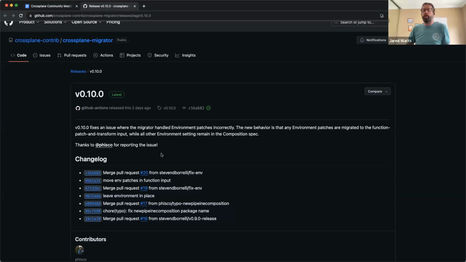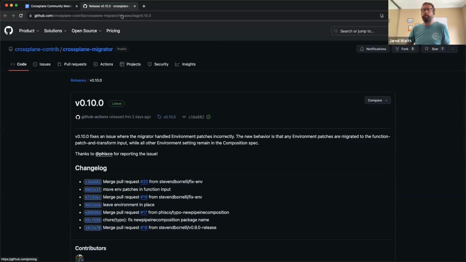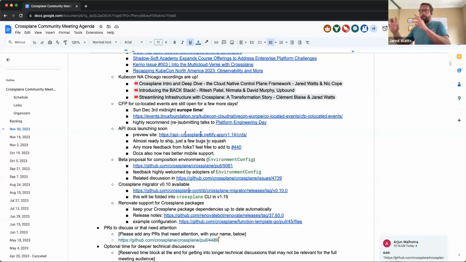Cool, thanks, Stephen. And a reminder as well, folks, that we're anticipating folding this functionality that Stephen's written from a standalone tool into the core Crossplane CLI during the 1.15 timeframe. I don't anticipate functionality changes from that, just that it will be consumable from the Crossplane CLI alongside all of the other functionality that's already there. So feel free, folks, to join in on that too.